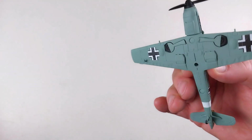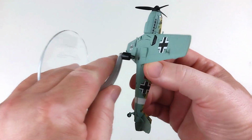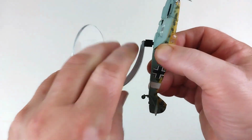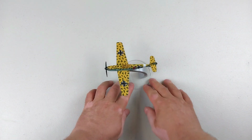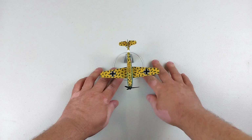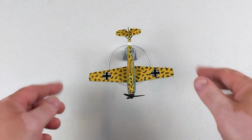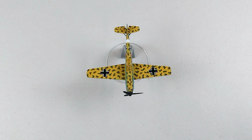And of course, in flight, you want to put it on the stand. That is the two-piece stand you get, and you just stick it in your stand hole. Very straightforward. And that is job done. Well, that is your awesome looking North African Messerschmitt all the way down there. We'll zoom in a fraction. But I reckon that this does set up very nicely in flight, very straightforward, and you do have the added